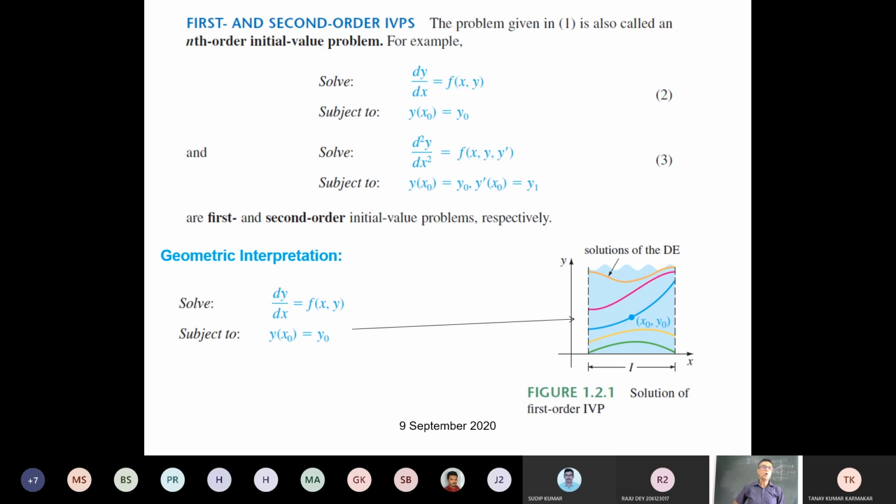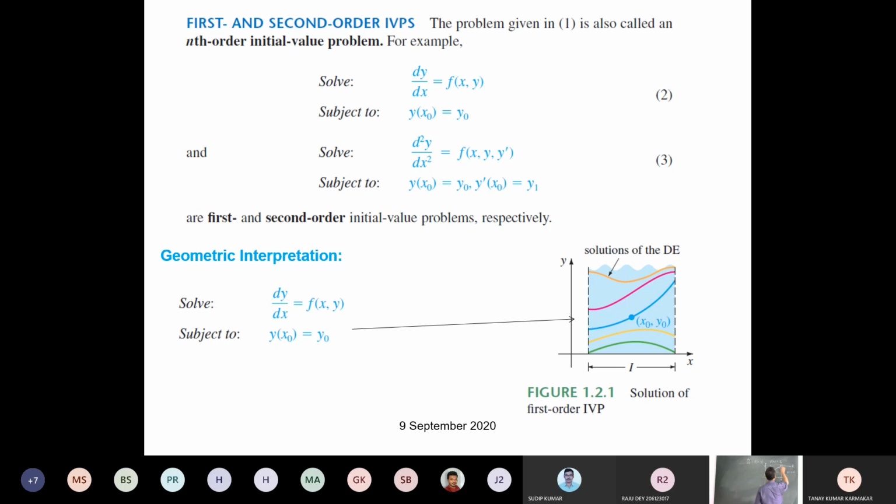So all the points in that solution curve are going to have some coordinates like x, y. Corresponding to the point x0, you are going to have a point y0, which has already been given by your initial condition, because y0 is nothing but the value of the function y at the point x0. Is it clear? Fine. So we are seeking a solution curve passing through the point x0, y0. Now you consider the extent